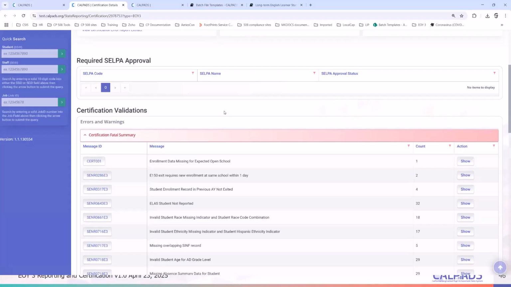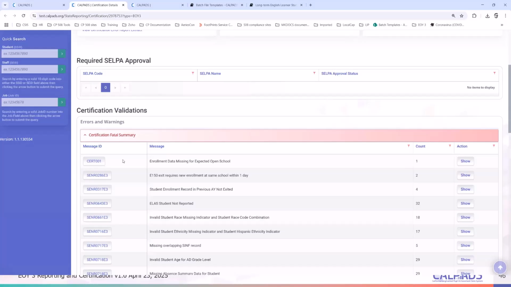So, between your email to CalPADS for help, CDE updating it, and CalPADS generating a new snapshot, it might take days. So we highly implore you that if you see cert 001, please make sure that you have sent a request right away to have the school taken off your expected schools list.